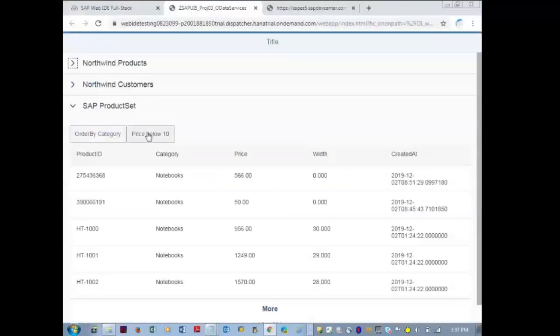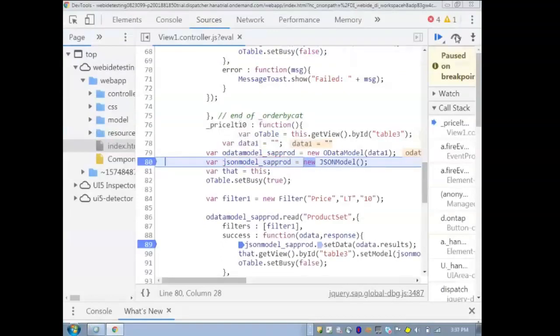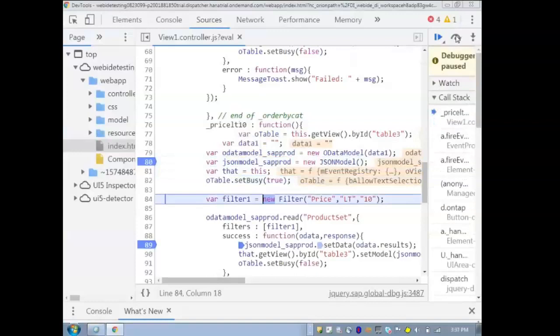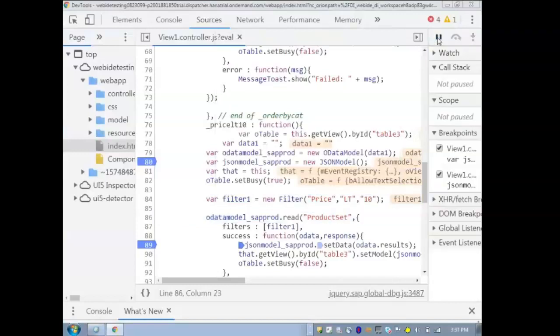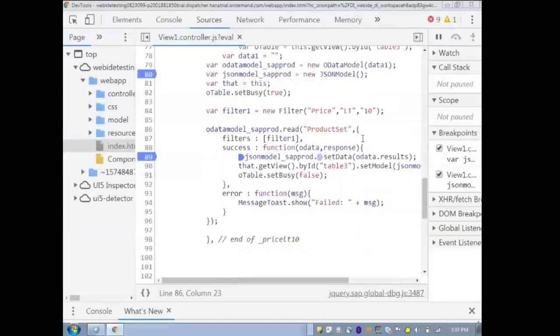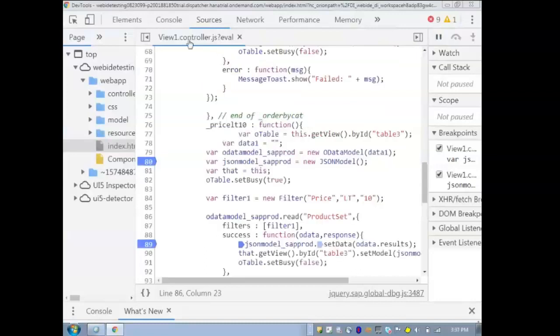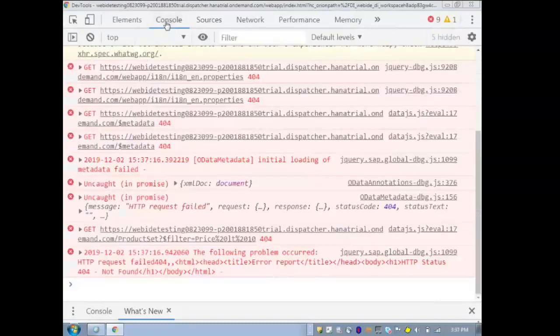So when I'm clicking this price below 10, it comes here. Till here, okay. When I click this play button, it is not going into the success function. So you have to see what is happening, because you are missing something in the data. It won't directly point out that something is missing there. So you get messages like failed, unquote, any promise.